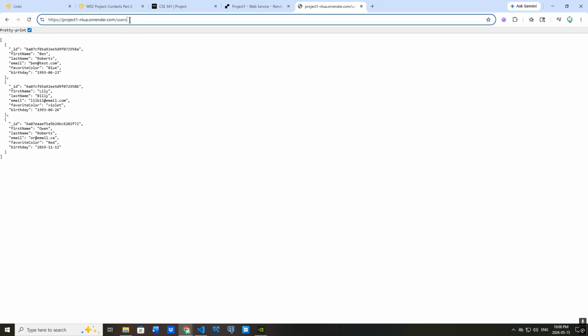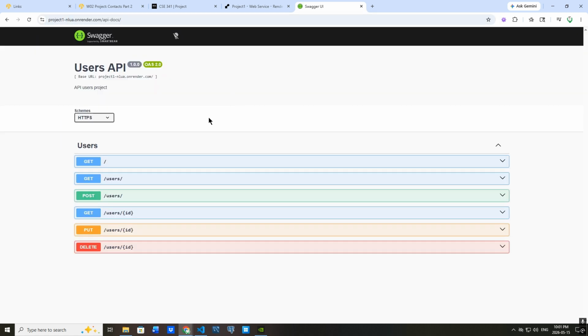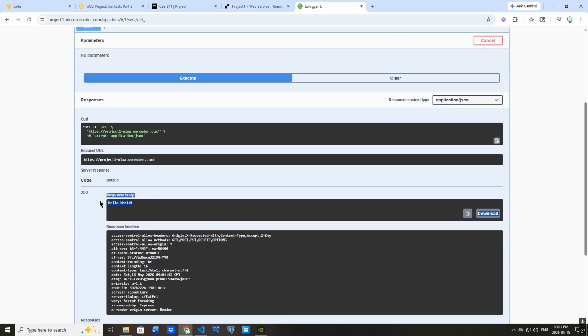And then of course we can go to API-docs to show the Swagger. So here we go. We've got all the different routes that we can use: the get, post, put, delete. To show that this works, we'll just execute it and it does return the message hello world